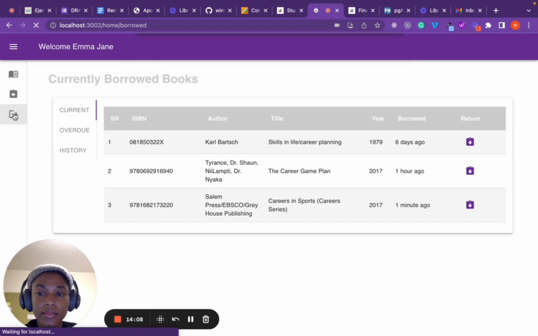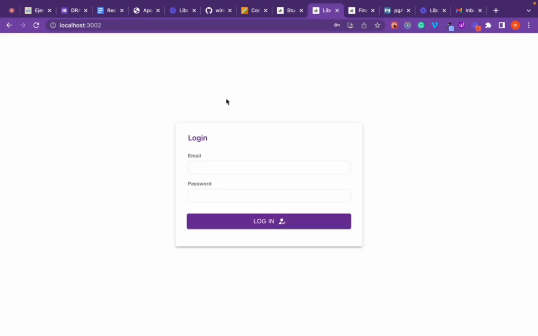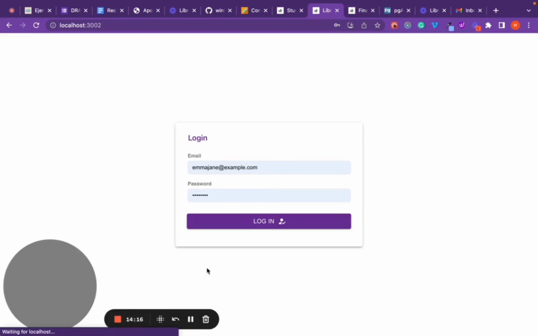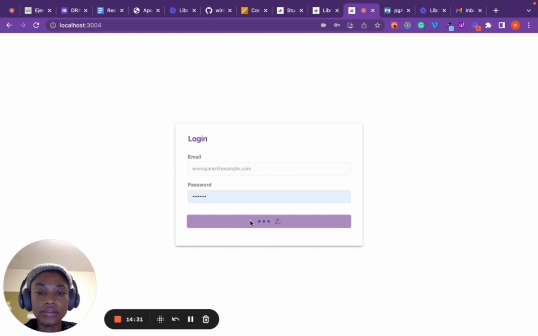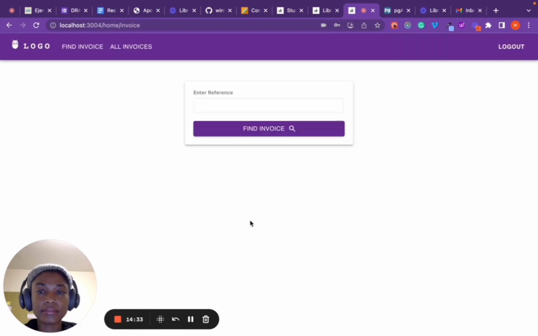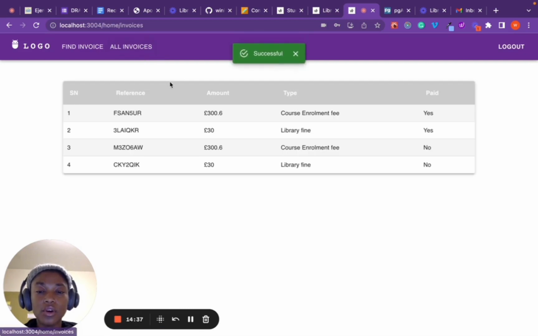And now we move to the finance portal. For the finance portal, we log in with our credentials. Upon successful login, we can find an invoice or get all invoices, and these are all the invoices for this user,